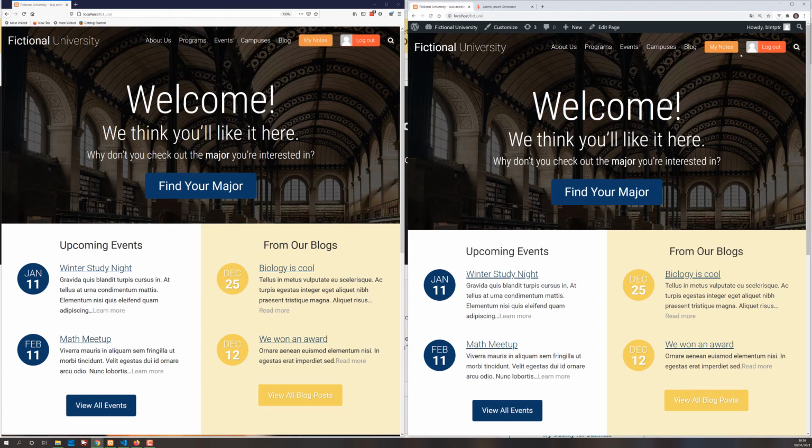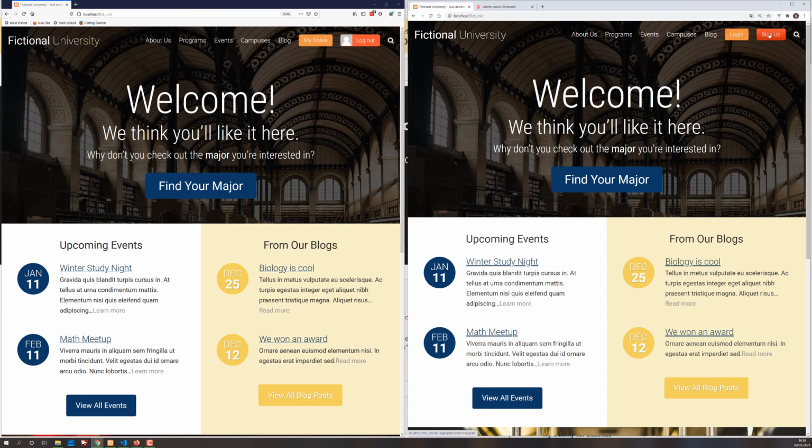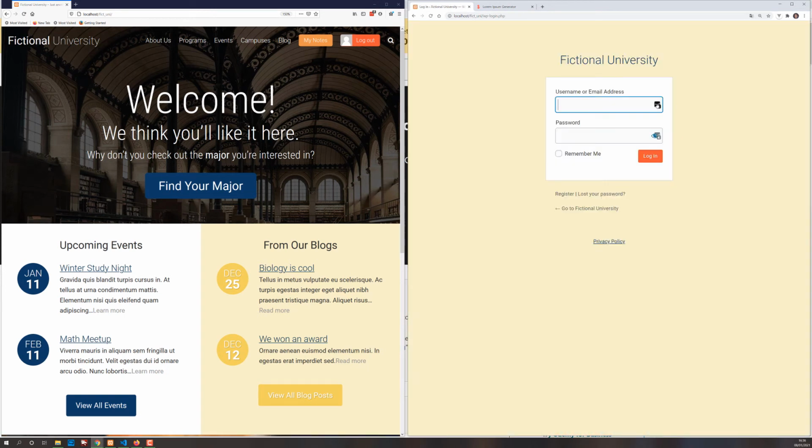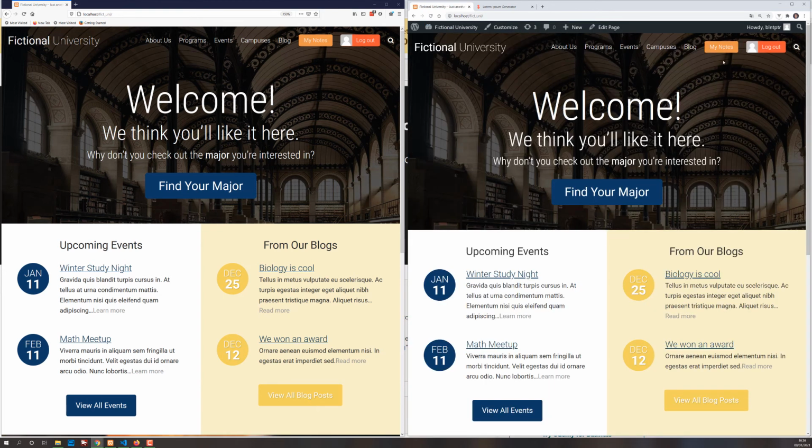Authentication works out of the box with WordPress, but managing the authenticated state, obviously displaying content based on the user being logged out, is up to you. Like right now we're logged out. You see there's a login button and a sign up button. Once we log in, we land in the admin zone as an admin, but if we come back to the front end, you see that there's a logout button, a gravatar that I haven't set up for my account, and there's also a private section, My Notes, which is only available to authenticated users.